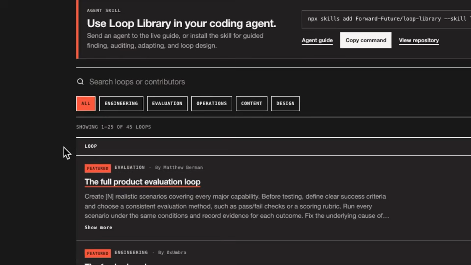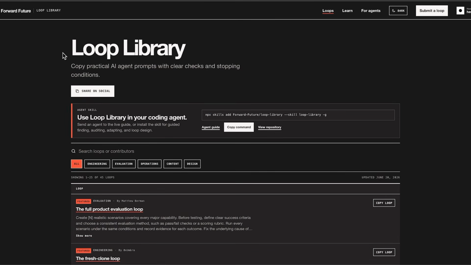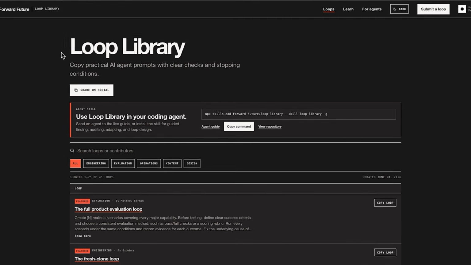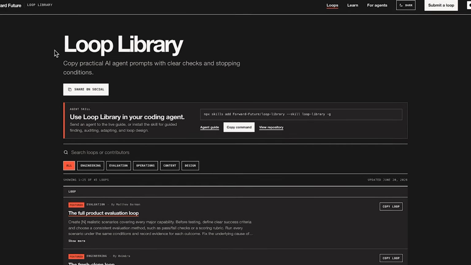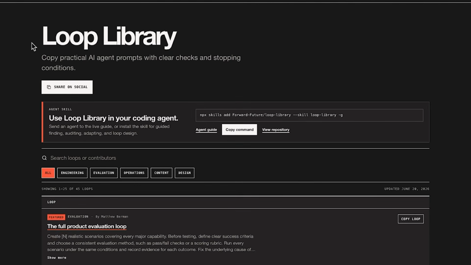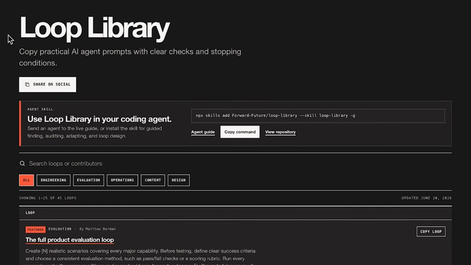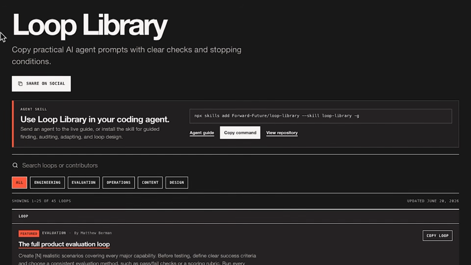So those were all the current 45 loops on the loop library. I'm definitely taking some of these away, but more importantly, it's given me inspiration to make my own loops better. We're entering into a new era of prompting where it's more about loop engineering. And I'm all for it. But honestly, it still goes a little bit over my head. But that's why we keep learning.